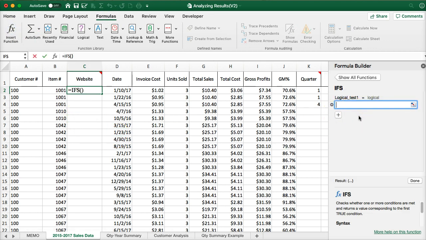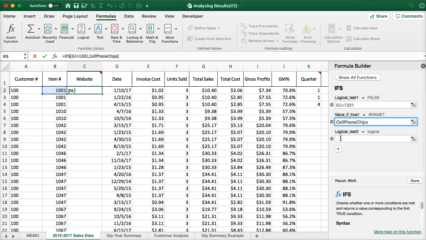The first test is if B2 is greater than 1301, then we're going to call this cell phone chips. And then 2, if